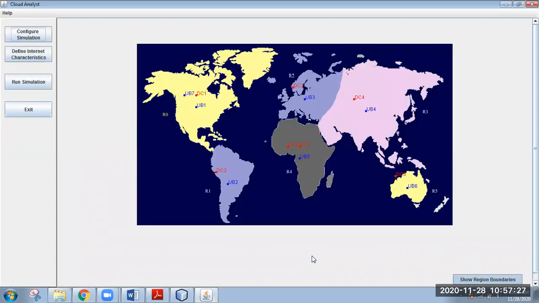Now you click the done button, you can see now the data centers are available. So you can see 2 data centers are available in the user base in region number 4, that is DC5 and DC7. In other regions, only 1 data center is available.